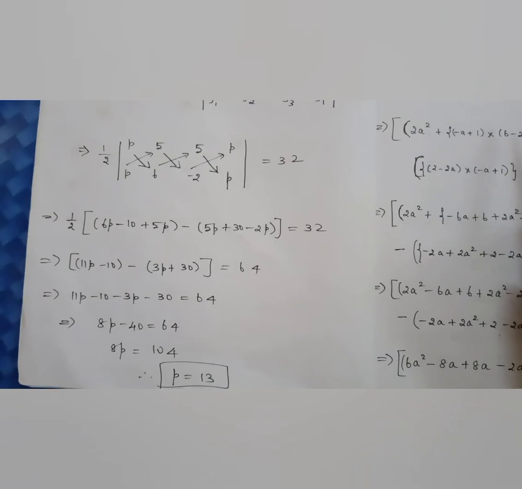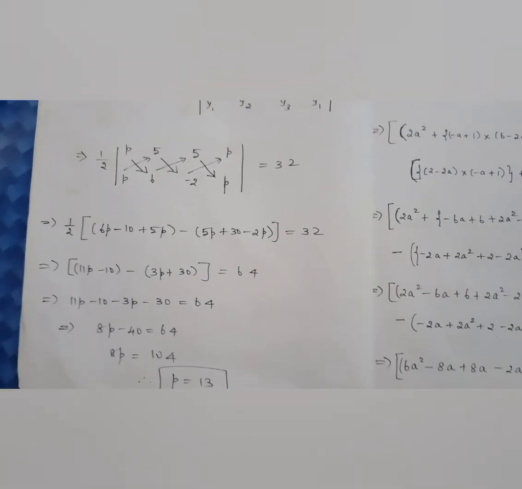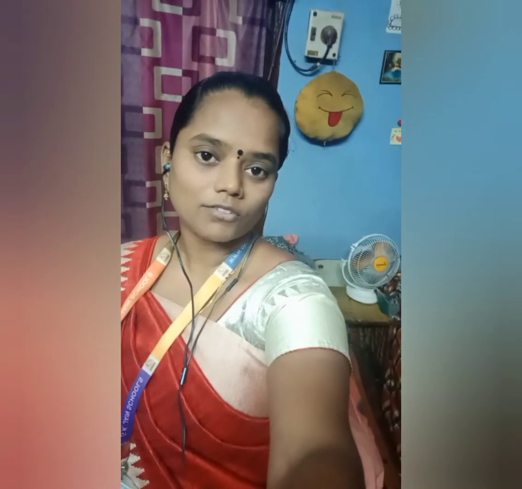So this is how you have to do the sums. Children, we have seen the area of a triangle, how to find the area of a triangle using the coordinates of the vertices, and also the collinearity of 3 points, and how to prove that when collinearity exists, there will be no case of an area of a triangle being formed. So we will see the rest of the sums in the next class also.